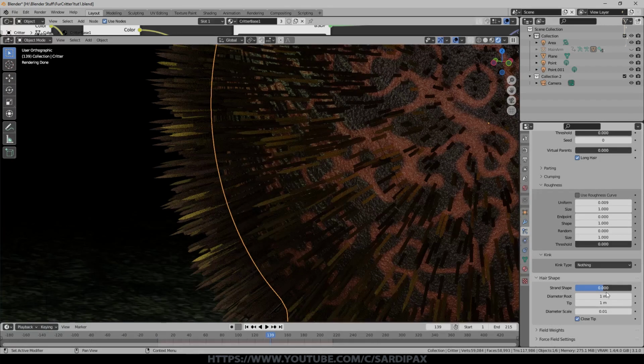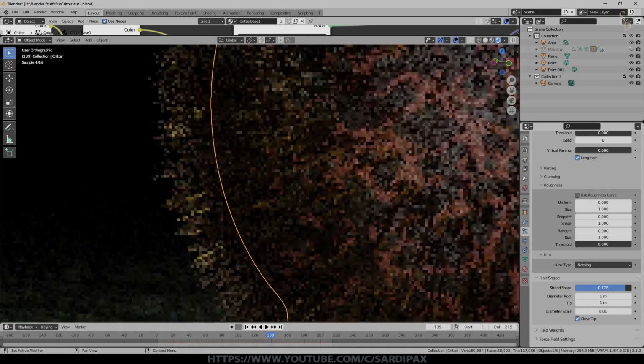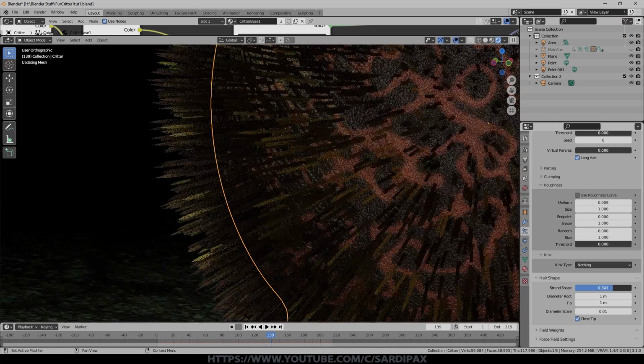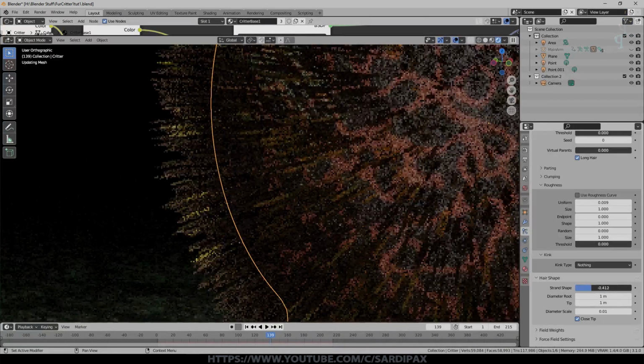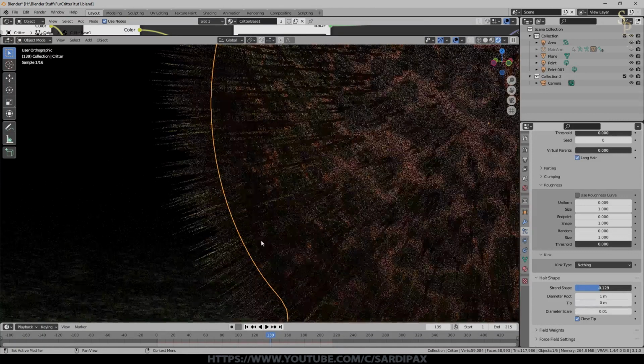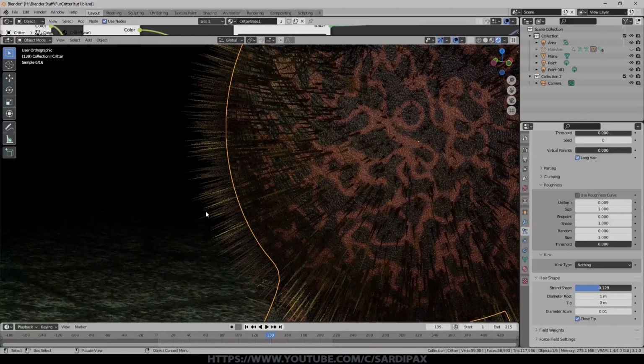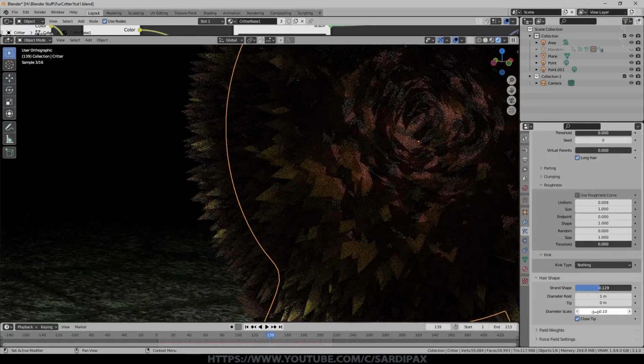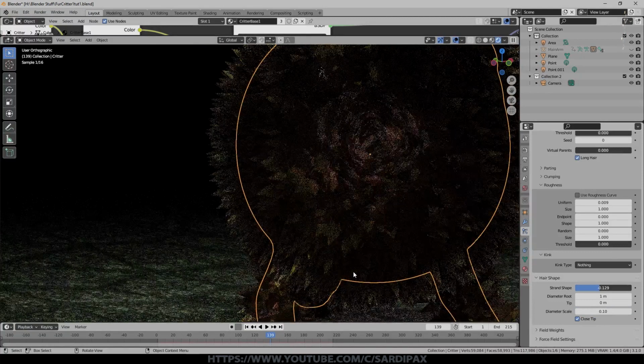Perhaps quite good for a blade of grass, although we're all moving over to using geometry nodes these days for that kind of thing. And you can play with the strand shape here to affect how that curve works. But I think just setting the tip to 0 is fine and gives you a finer hair look. And you've got a scale here, so if you play with that, you can have thicker or thinner hair. So you can see that's much thicker strands now.